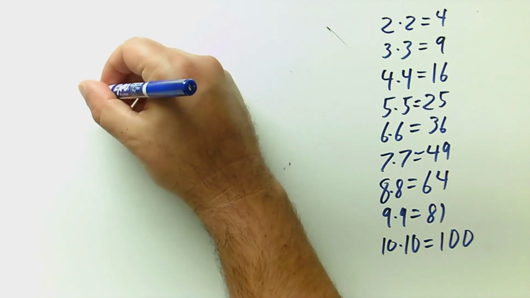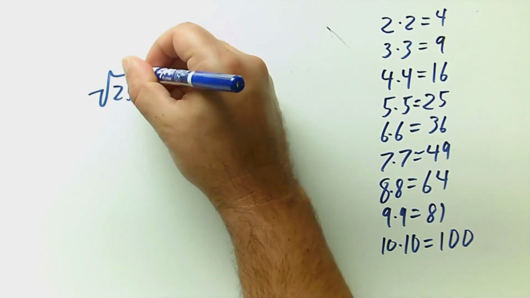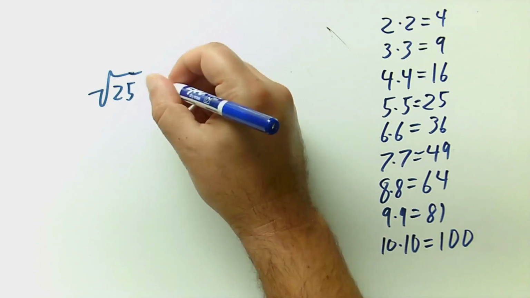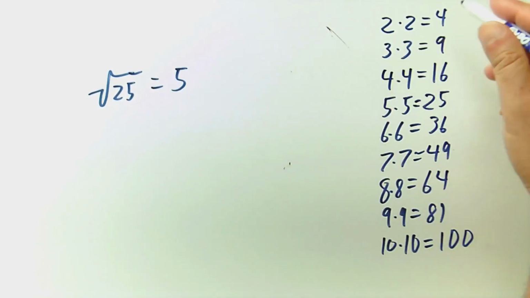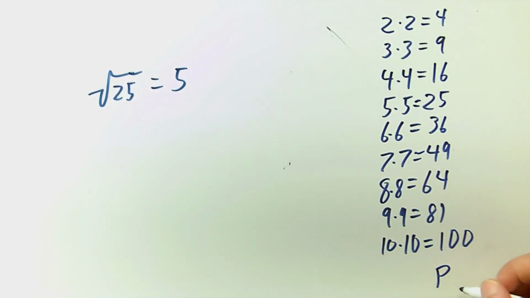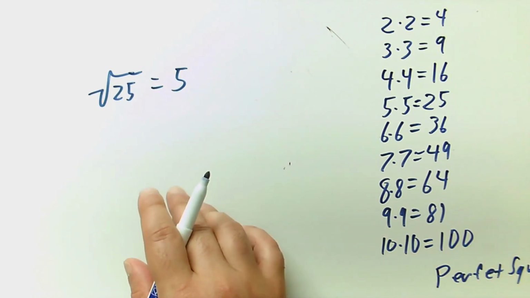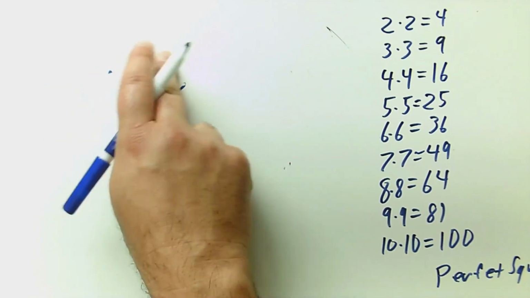So if we took the square root of 25, we look at this list, and we know that that's 5. These are the perfect square numbers. And it goes on forever. 11 times 11 is 121. Anyway,